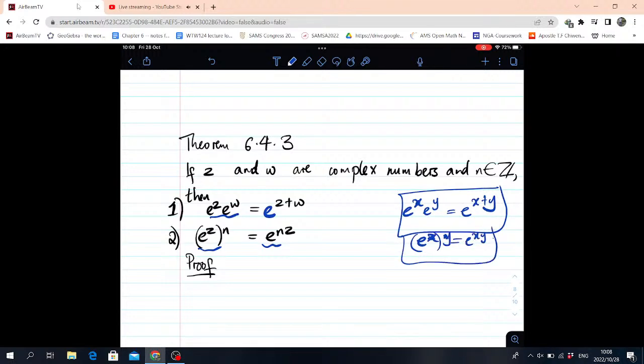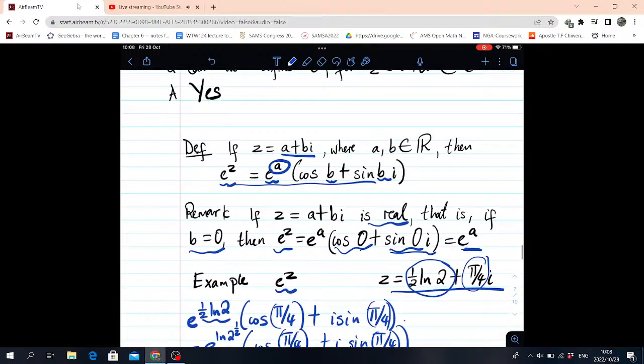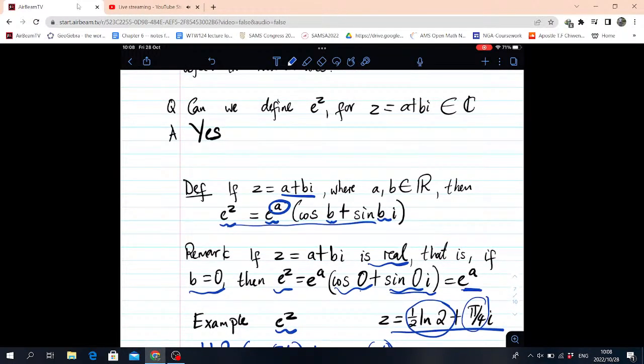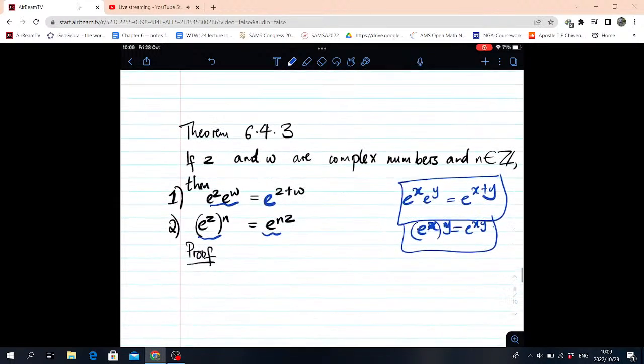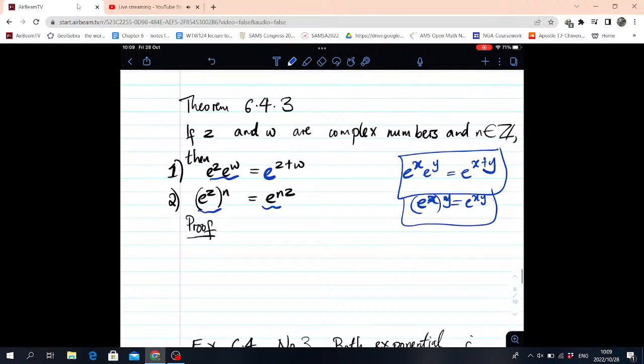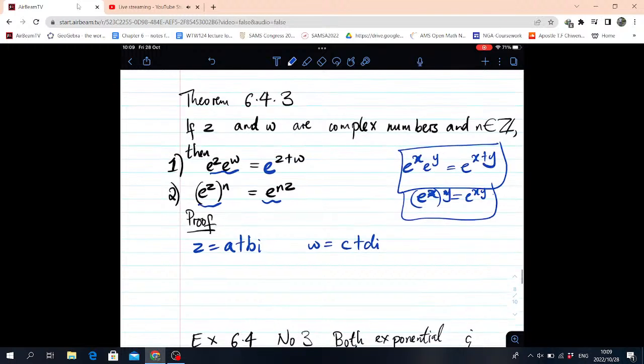So this can be extended to complex numbers. And for the proof, you just need to use the definition that we are given to be able to do the product. So for example, if we take z to be equal to a plus bi and w to be c plus di, then e to the z times e to the w is going to be equal to